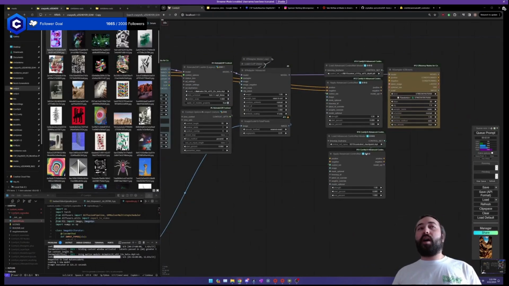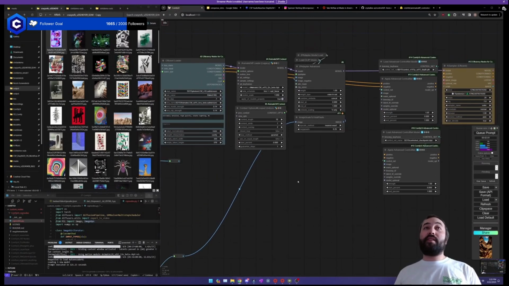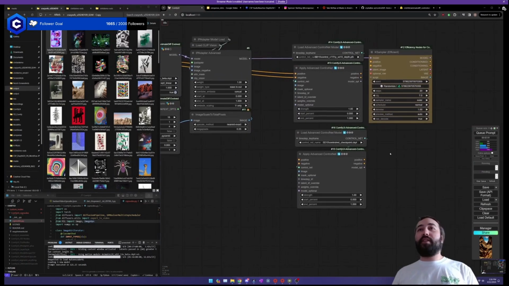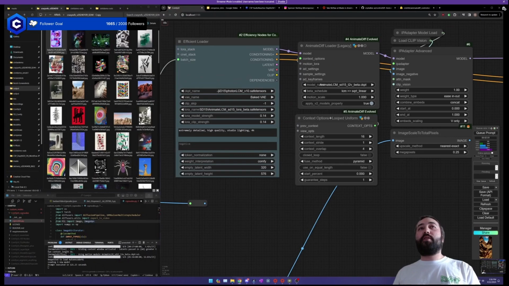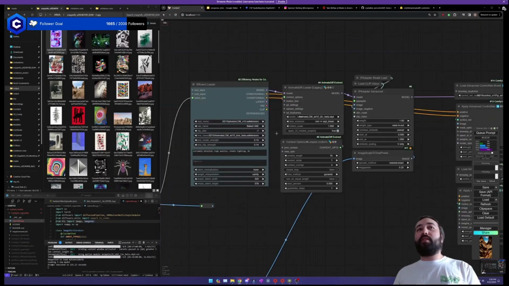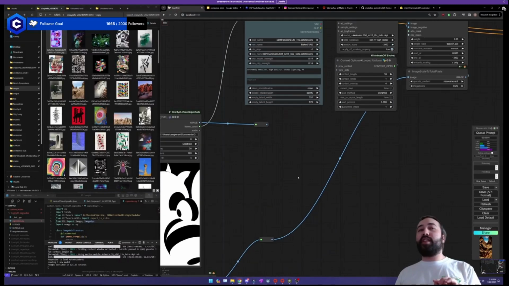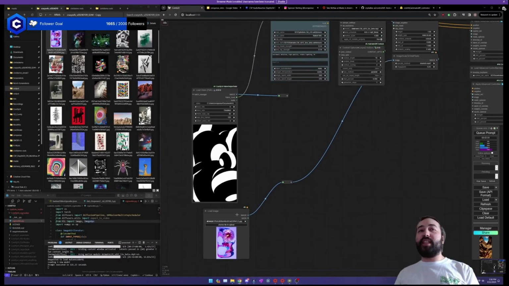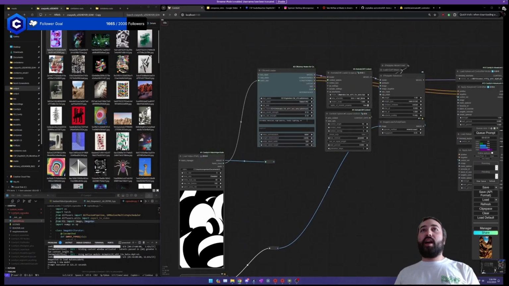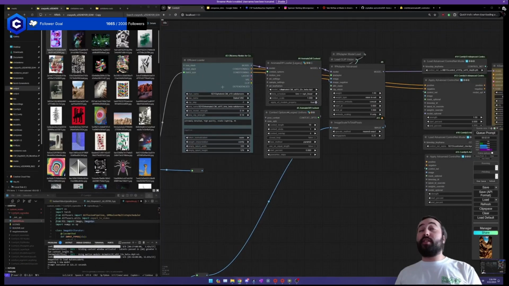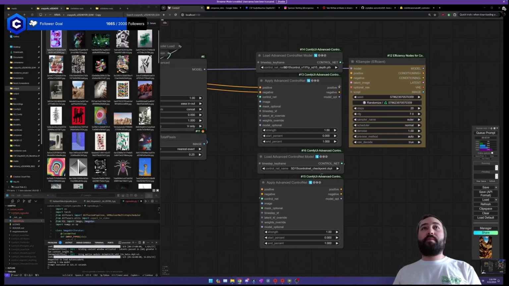That's pretty much it. For this one, it's been fine at -1. I haven't really honestly tried -2. I'll have to ask Phil if that's the optimal way to use his model, because this is Phil's Photon LCM model, which I absolutely love. The reason why I chose this model as well is because it sticks really, really well to the IP adapter image. Since I'm really leaning on IP adapter to do all the prompting for me here with a reference image, I'm going to be using this model. And also, since it's LCM, it's going to be crazy fast. I'm going to be able to use very few steps.